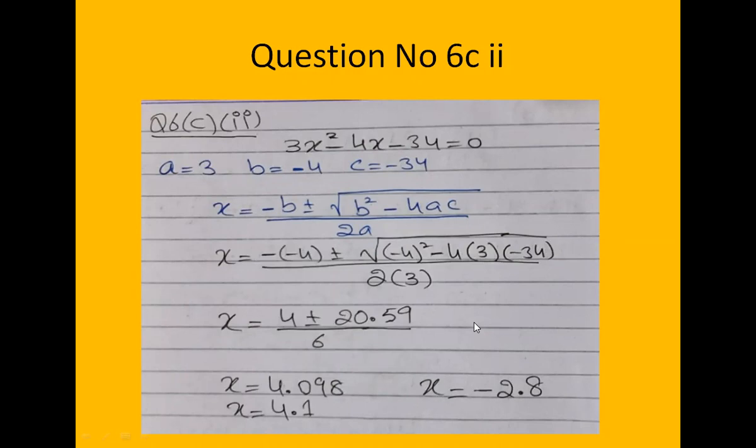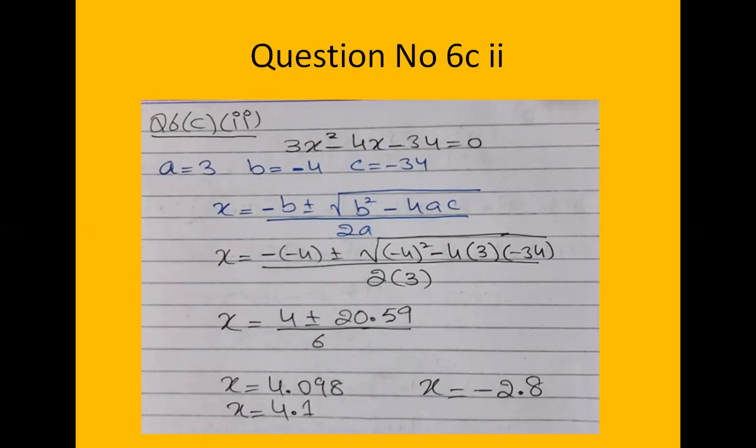In your calculator you will write bracket minus 4 bracket close squared minus 4 bracket 3 bracket minus 34 bracket equals, and then square root, answer equals, and that will be 20.59 divided by 6. Now in your calculator there are 2 options. We will use both the options. So you will write 4 plus 20.59 equals, divided by 6 equals, and that will be approximately